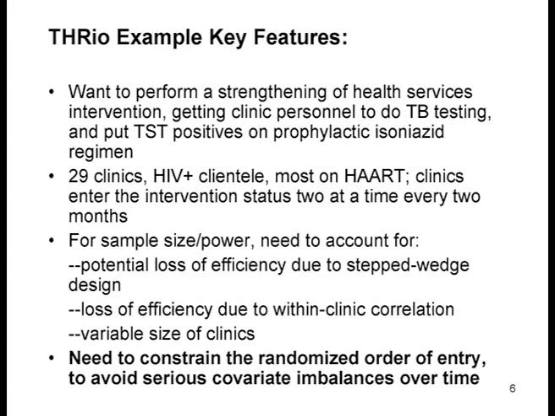because we don't want to just start this piecemeal. We want to have a randomized entry, because it might be that we have all the big clinics or the well-to-do clientele start off first or last. Anything could happen. So we want to randomize the order of the clinics, and we want to actually avoid those kind of imbalances over time on those kinds of covariates as well.